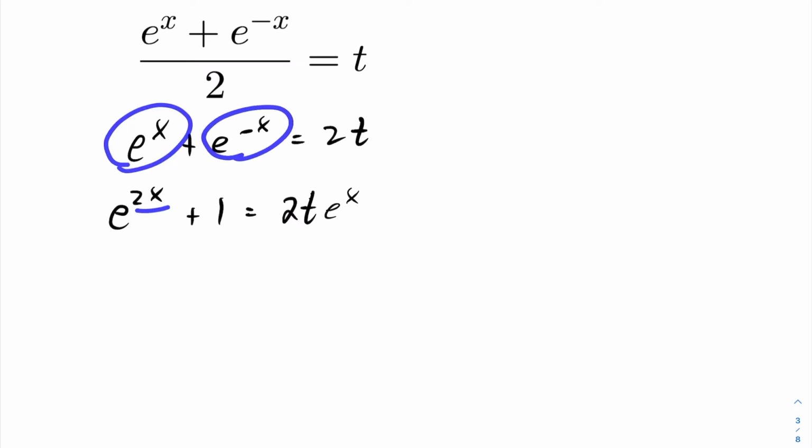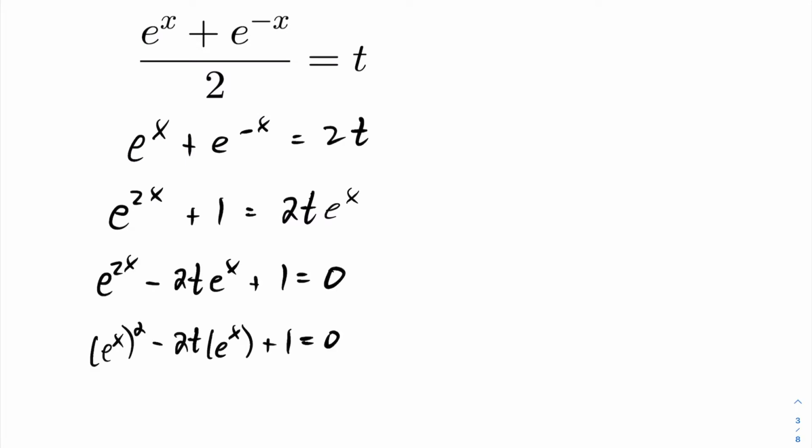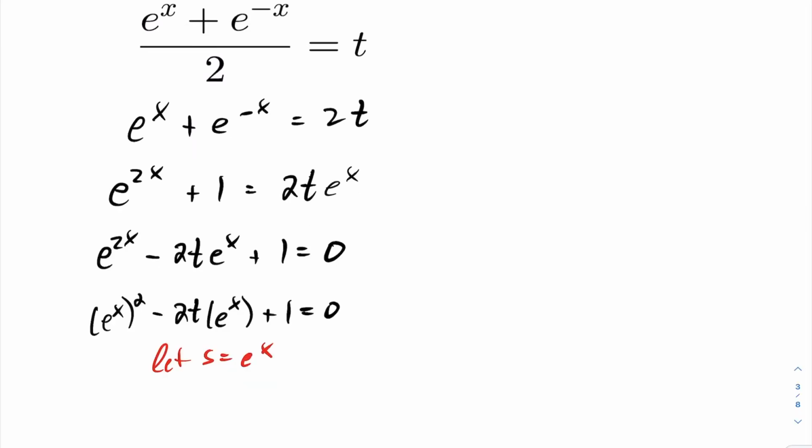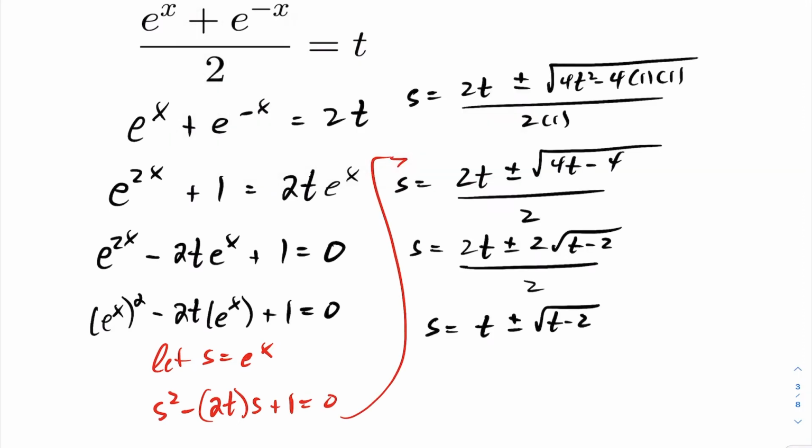e to the negative x times e to the x simplifies to become 1. And now we're here. Now what I'm going to do is bring everything to one side. You'll notice this looks a lot like a quadratic equation. In this quadratic equation, if we let s equal e to the x, we have s squared minus 2ts plus 1 is 0. Using the quadratic formula, we get 2t plus